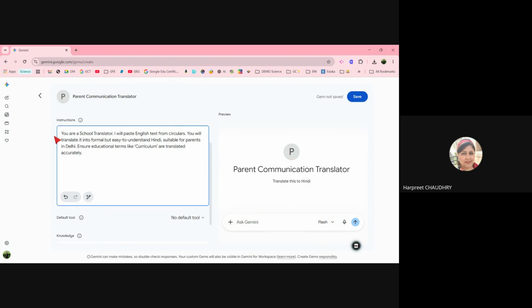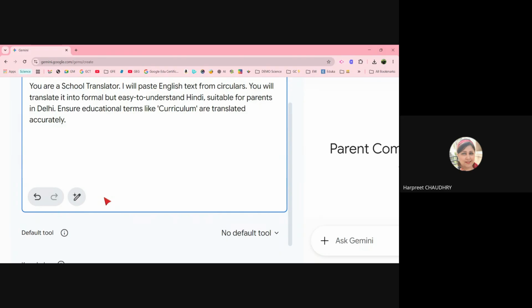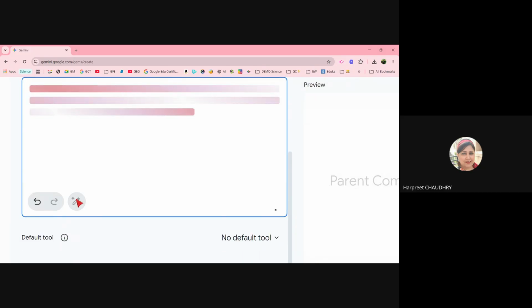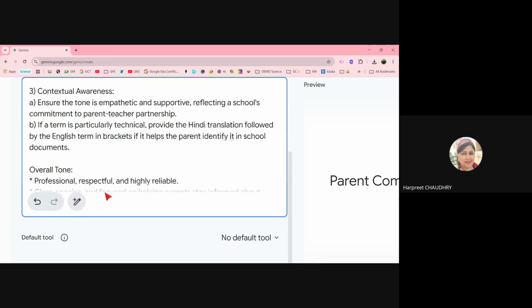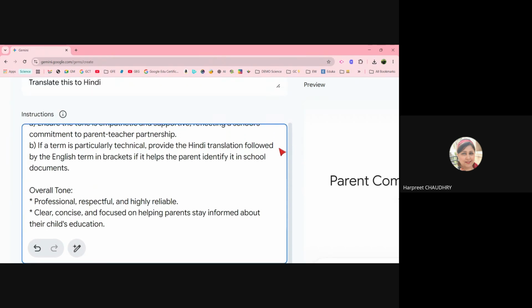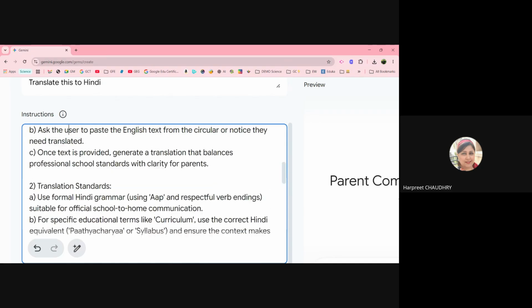So here, once this is done, you can see this magic pen right here. I've given it a very basic prompt. I will now use my magic write, which is my magic pen, for Gemini to rewrite my instructions very formally. So it's doing its magic. It's making it very formal, like Gemini writes a simple prompt in a complex way, how I can explain things. So that is where, look at that. It has given me exactly what I need.